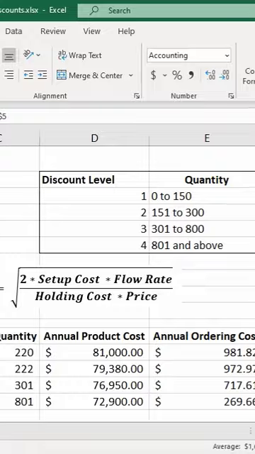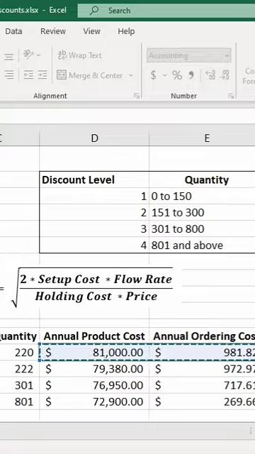Now we can add up the total cost for each of these discount levels. So I will select G13 through G16, type an equal sign, and it will be the sum of our annual product cost, ordering cost, and holding cost. So D13 through F13, close parentheses, Control Enter,